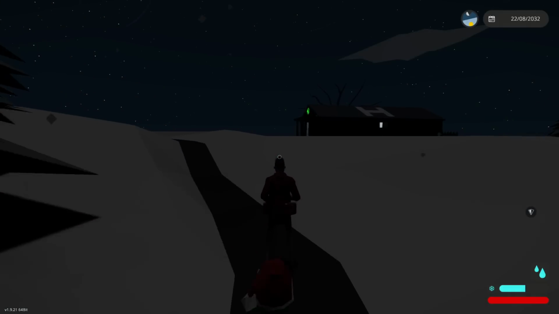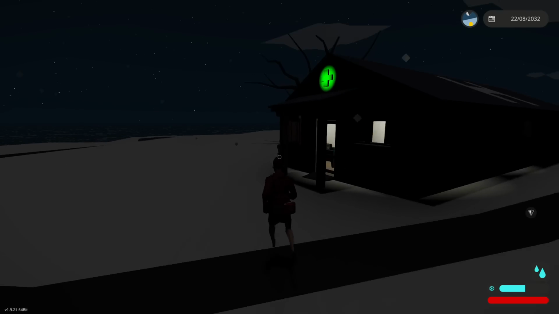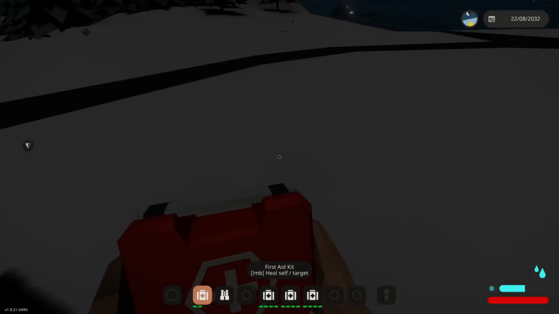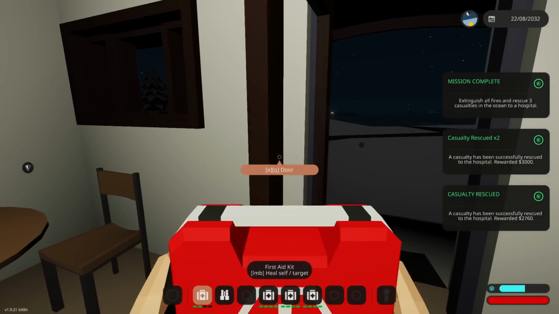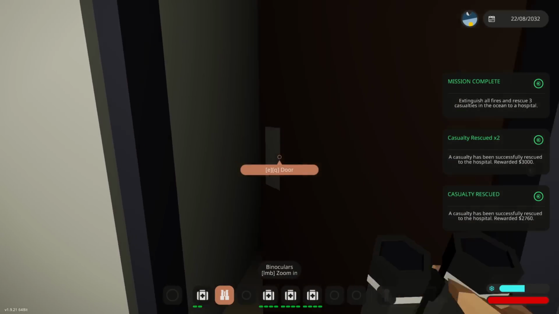Okay, so, we are delivering the guys right now. Let's go ahead and bring them in. Come on. Yes, this is the hospital. What you want to do is make sure they are all full health before they go in, and you will get more money per person. So, yeah, we're up to like 3,000 per person. One of them was less. I guess that's because we didn't...